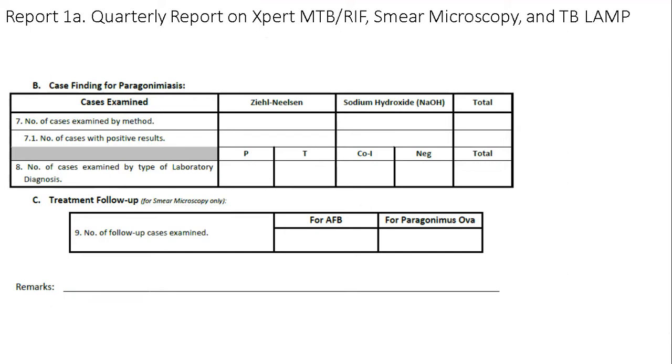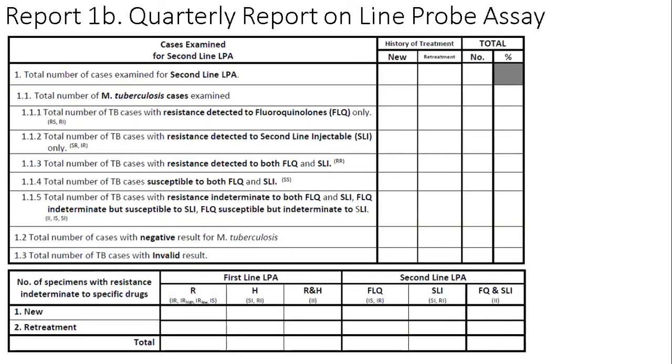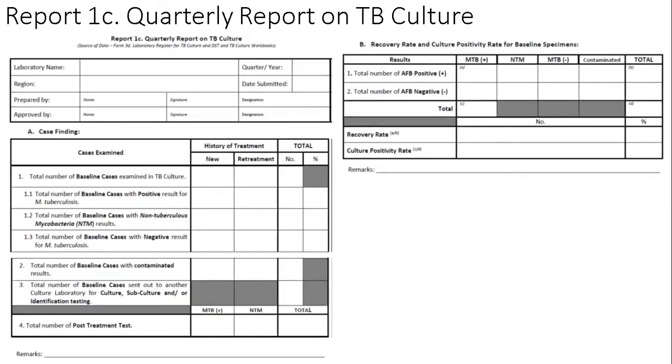For report 1B, quarterly report online probe assay. So ito naman yung form for yung mga cases examined for first line LPA and the second line LPA. Mga laboratory lab staff po natin yung mag-fill out ng form na to because they are the one testing and doing the lab works. For report 1C, the quarterly report on TB culture, there are 4 parts sa reporting form